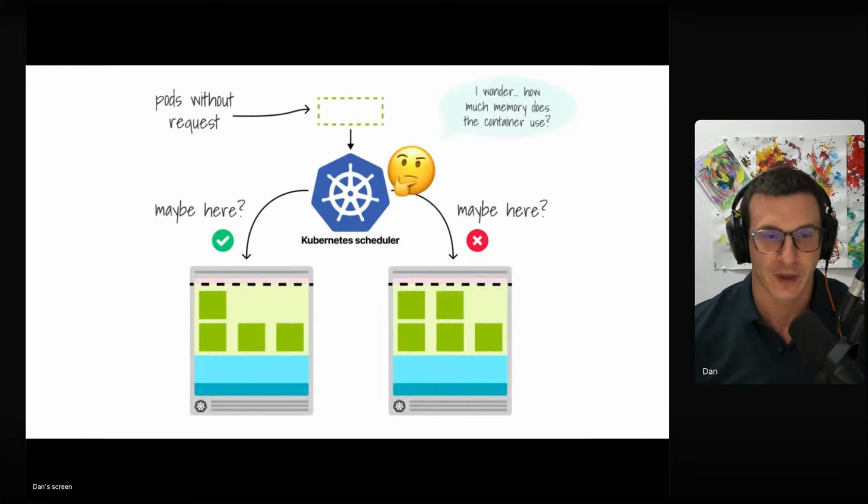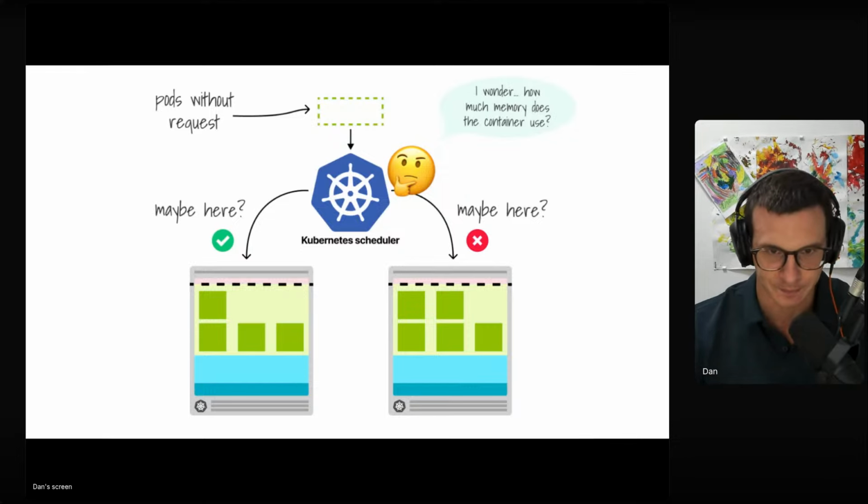So generally, what happens is when you deploy a pod, the scheduler needs to identify where in the infrastructure this pod can be deployed. And one of the things that it's going to look at is how big is this pod, right? But the issue is that because the application is not deployed yet, we don't know how much memory and CPU it is using. There is no way for the Kubernetes scheduler to have this kind of information. So it doesn't know if the pod should be deployed on the left or the right.